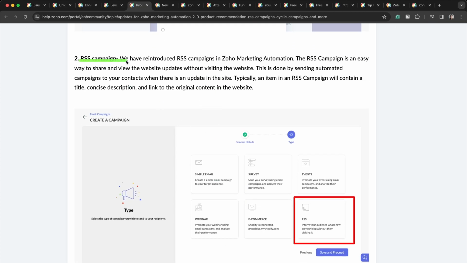RSS campaign. We have reintroduced RSS campaigns in Zoho Marketing Automation. The RSS campaign is an easy way to share and view the website updates without visiting the website. This is done by sending automated campaigns to your contacts when there's an update in the site. Typically,